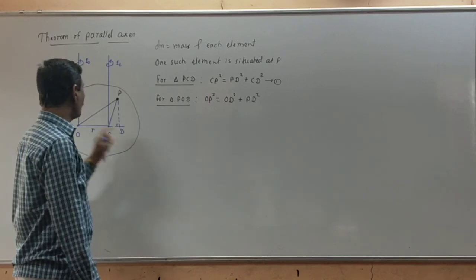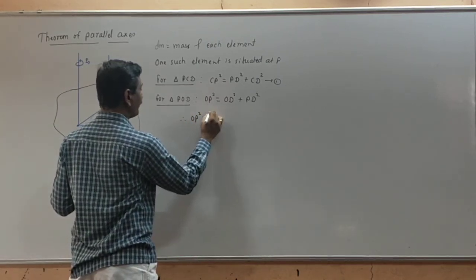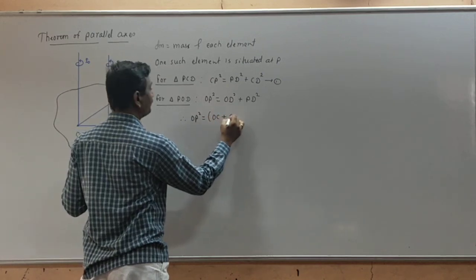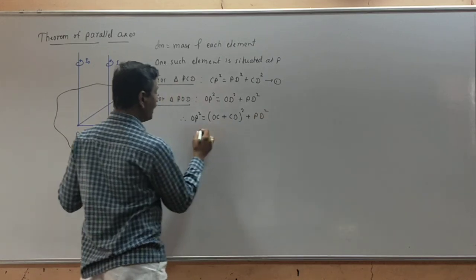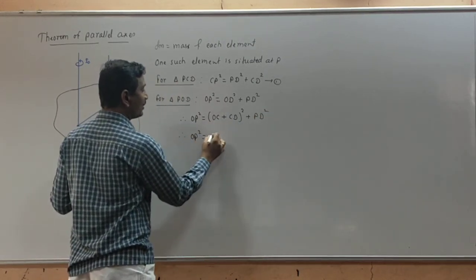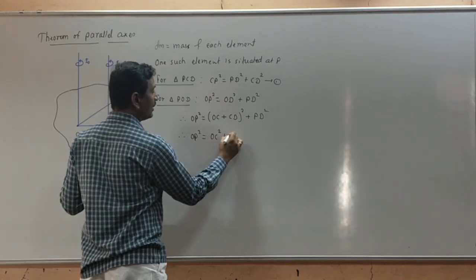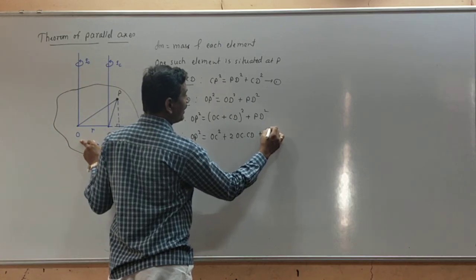Hence we replace OD by OC plus CD, and its square is what? A plus B bracket square is A square plus 2AB plus B square. According to that we get here OC square plus 2 times OC into CD plus CD square plus